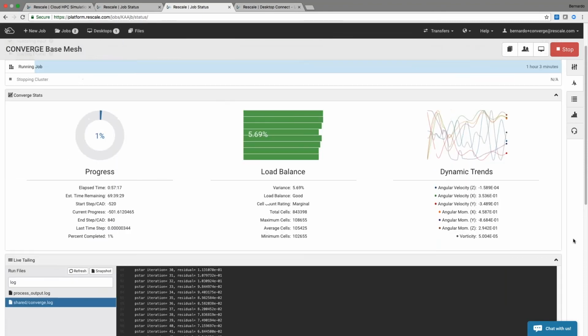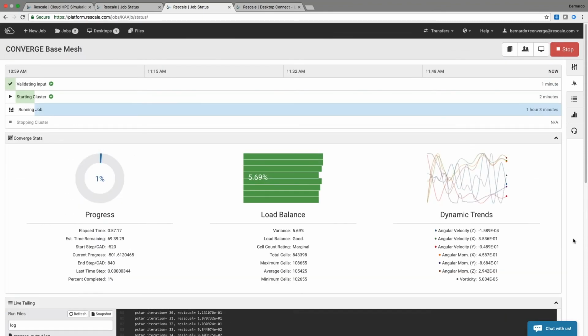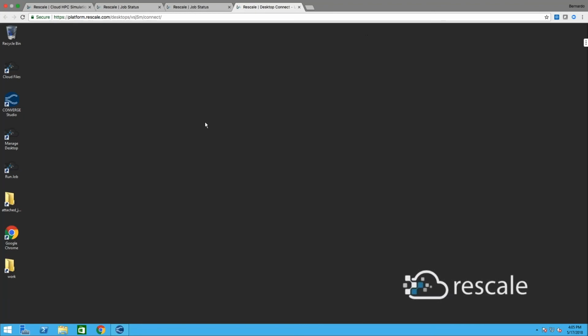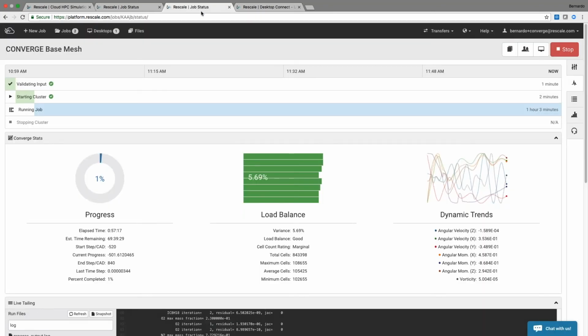So another important feature is, when people ask us, well, I have very large files, and I just want to adjust one setting before I run it. Do I have to upload it again? Or, I want to make sure that the outputs look good before I download them. Well, for that case, we also have desktops, and I'll take a step back to show you how to